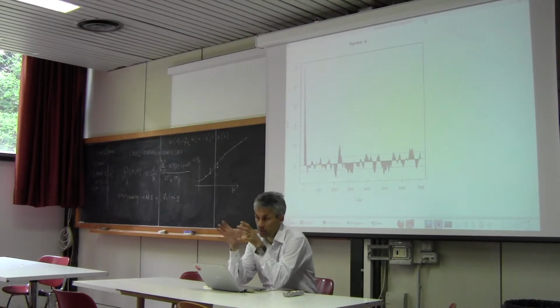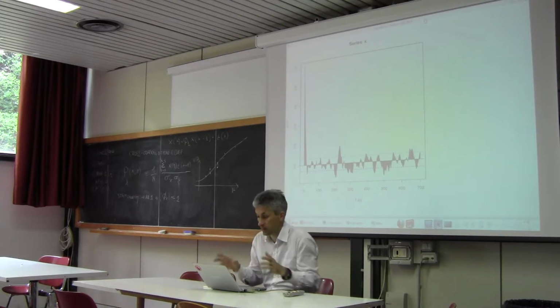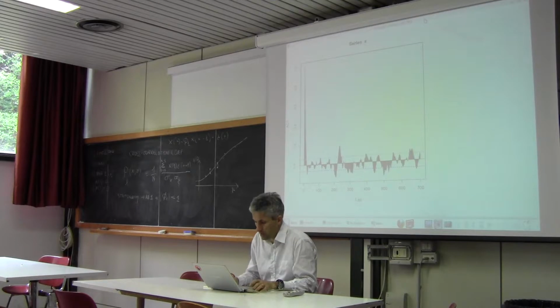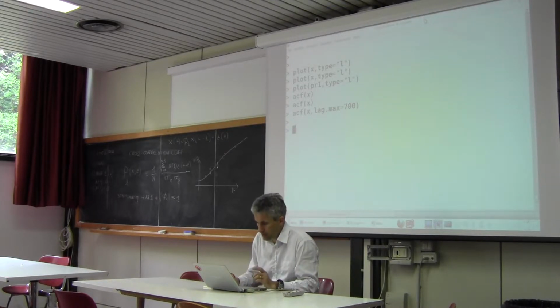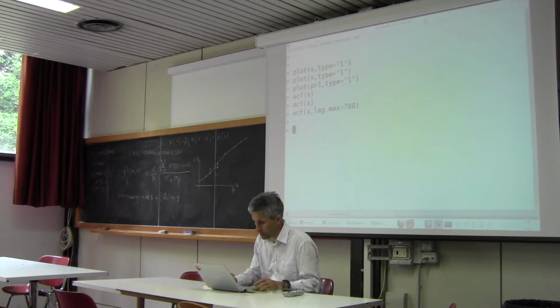So you see already a potential problem. The potential problem is that we have to be able to reproduce the seasonality in this series. And otherwise it's a problem. Now, let me just show you. We spoke about stationarity and the need for phi1 to be lower than 1 in absolute value.